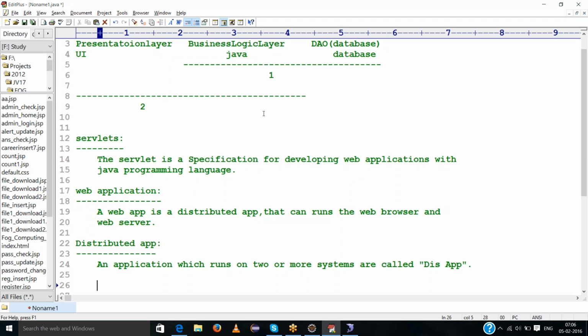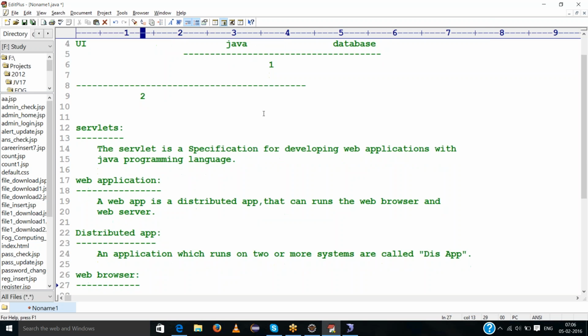The distributed application is nothing but a web application. And the next one is the web browser, since web applications run on a web browser or web server.